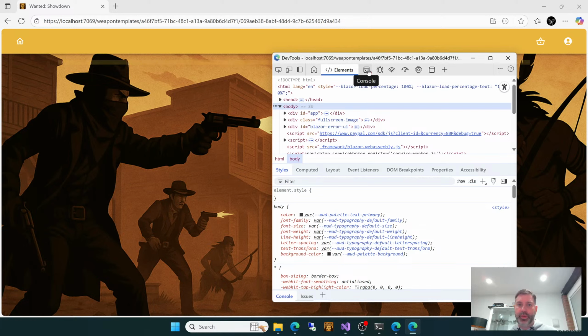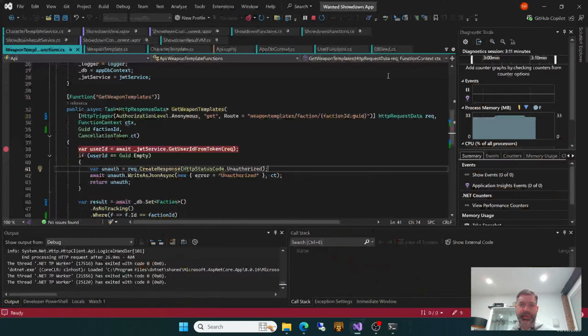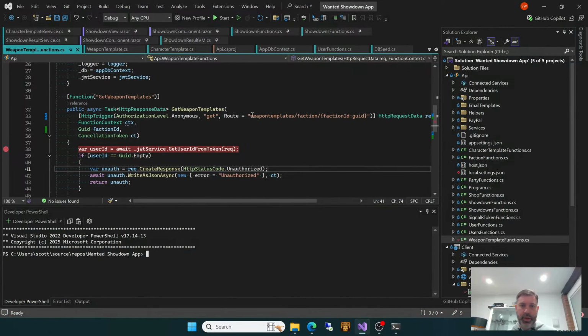Let's have a look, see if we've got anything in the console. Oh, I've changed the API endpoint. Of course. The API endpoint is now the weapon templates faction and the faction ID. So we should have a look at